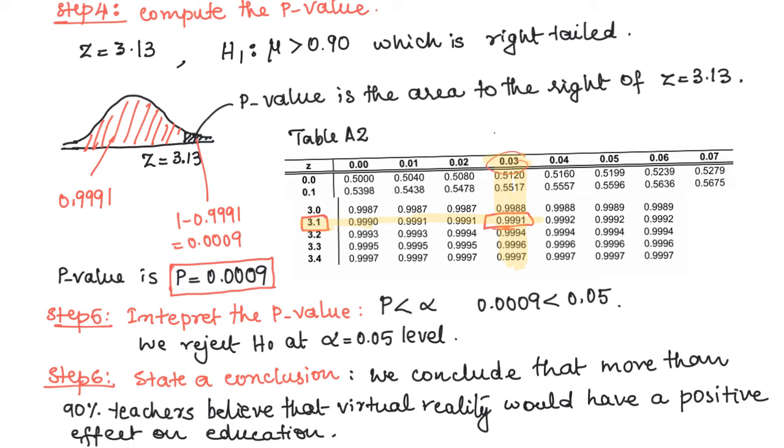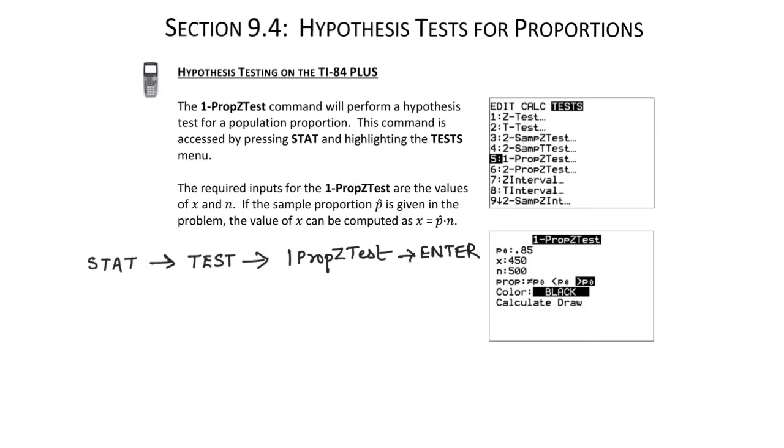This is an example of performing a hypothesis test using the p-value method. If you are using a TI-84 calculator to perform the hypothesis test about a proportion, first press Stat, then highlight Tests, then select option 1-PropZTest. Then this menu will appear. Enter the information for p0, x and n, and choose the inequality based on the alternate hypothesis, highlight Calculate and press enter. Then you will get the p-value and compare the p-value with alpha to make a decision and state a conclusion.